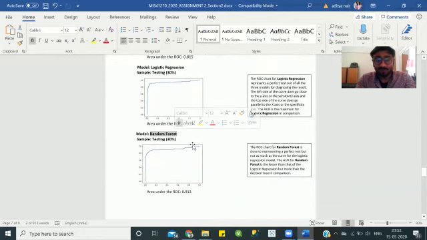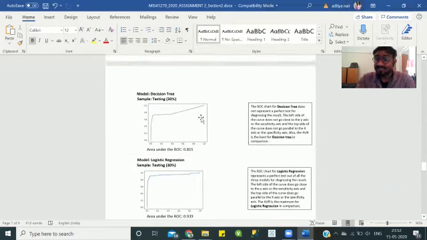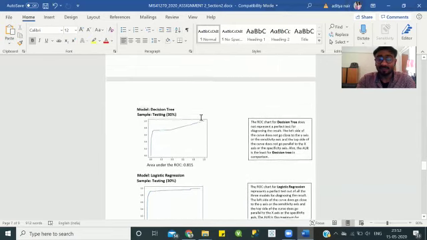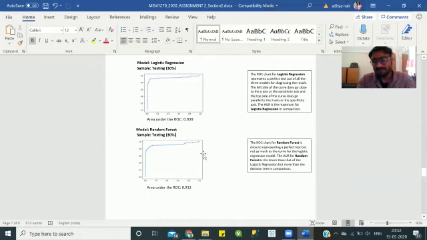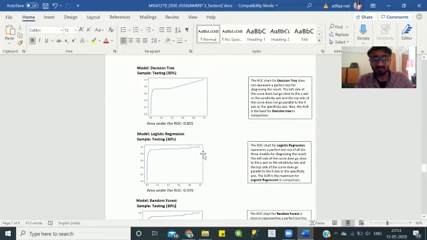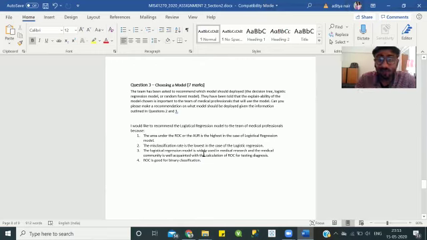Now, for the last model, which is the random forest algorithm, the AUR, or the area under the ROC, is intermediary between the three. Highest is the logistic regression, and the least would be the decision tree. And it somewhat represents the ideal ROC curve as well. So this was about ROC, AUR, and all the three curves in comparison. Now coming to the last question. The question asks,